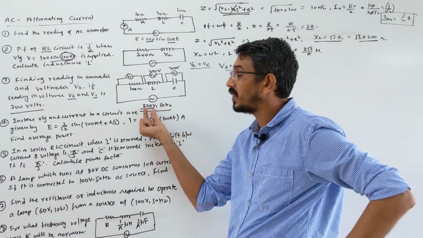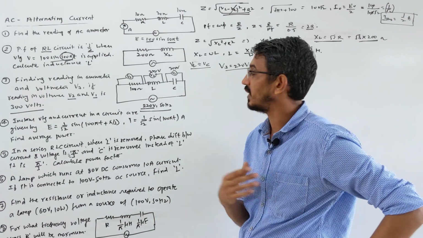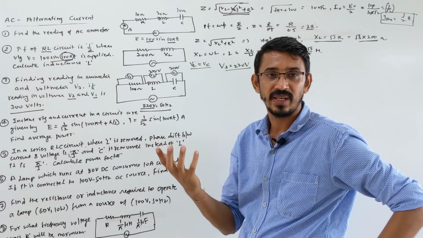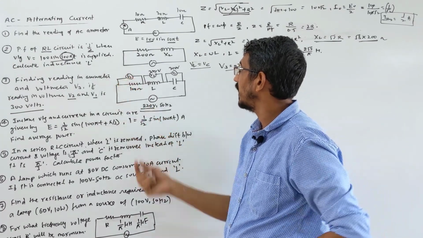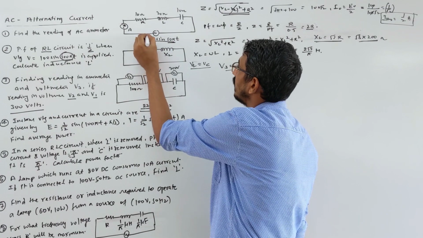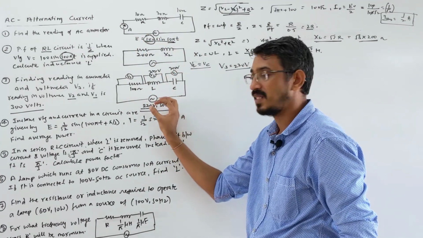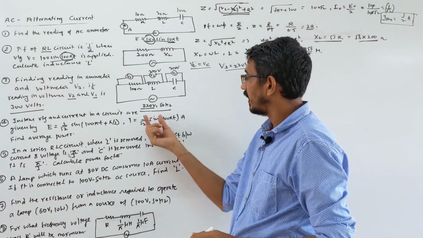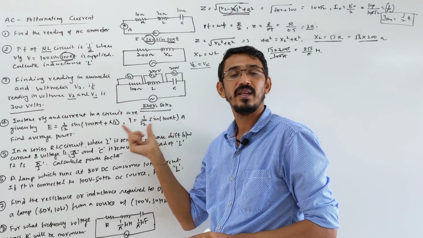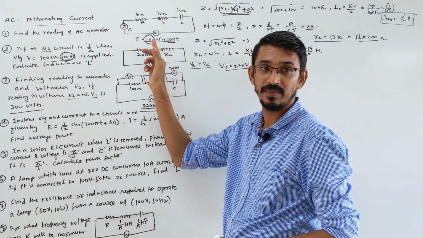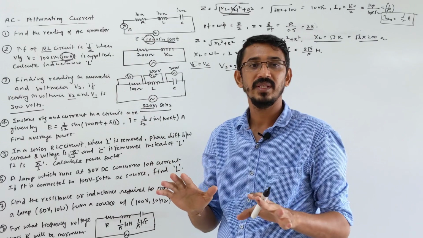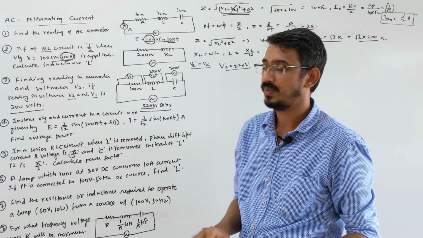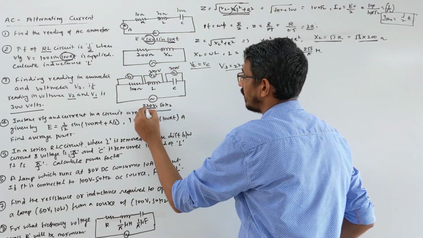This 220 given here is what value? RMS value, sorry, yes, RMS value only. Voltmeter and ammeter read your RMS values. So it will read RMS. By chance, if an equation was given here, like this, then 100 is the maximum. So what will that voltmeter read? 100 by root 2, the RMS value it will read. If directly this value is given this way, then that is the RMS value. If an equation is given, then what we know is the maximum. So be careful. AC voltmeter or AC ammeter, both read what? RMS values only, okay. Not average or maximum.